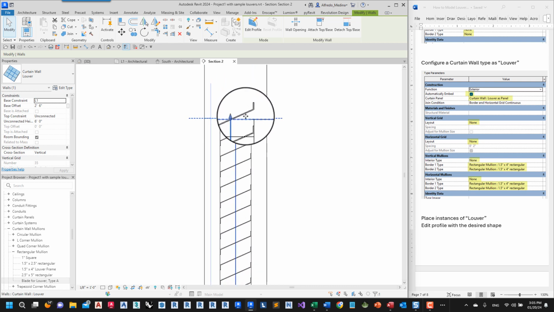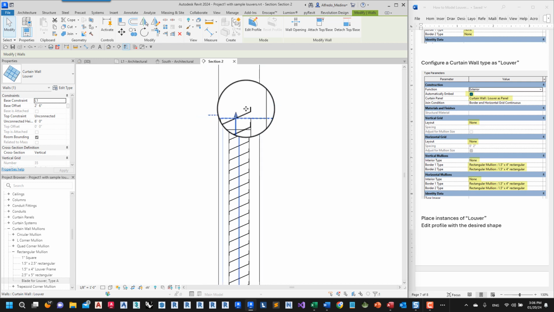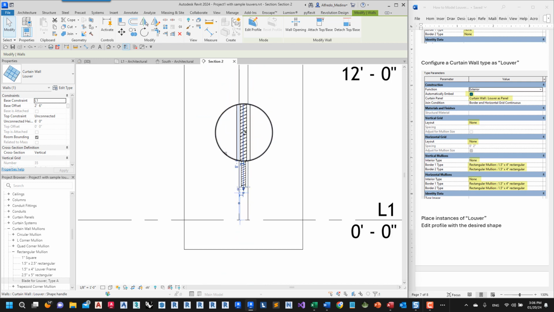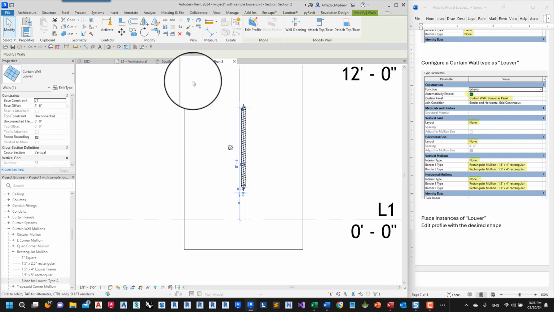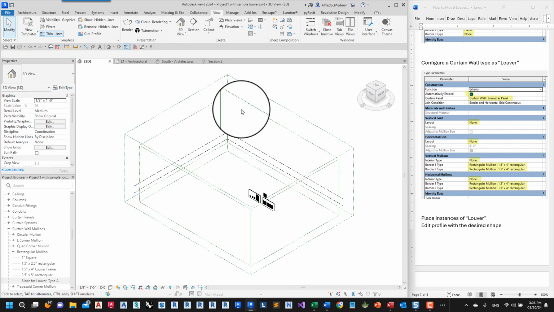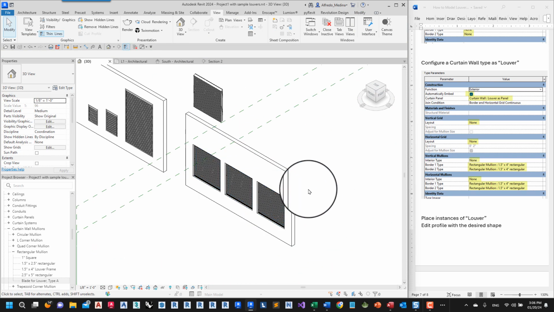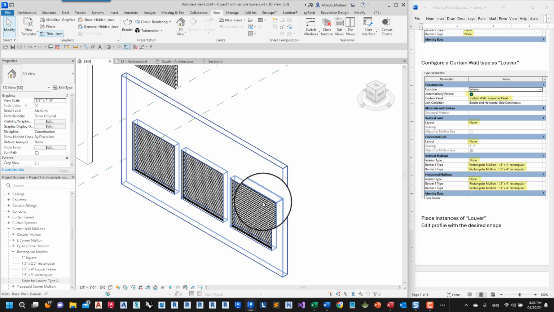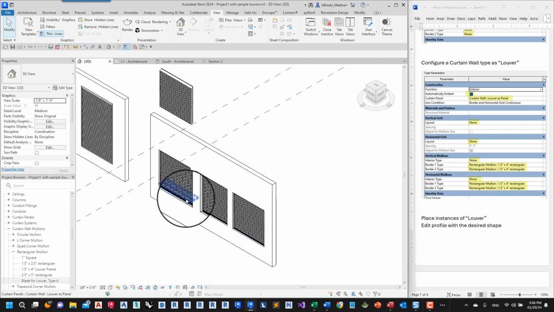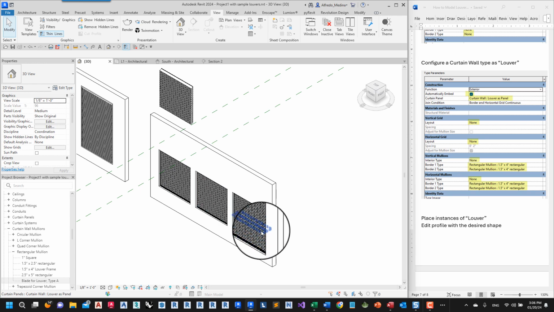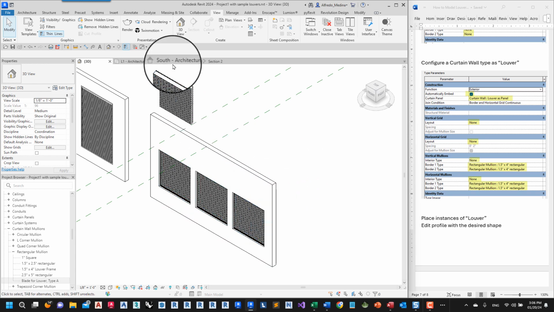If you see something like this, we can simply delete that last mullion. That's not a problem. So if we go to a 3D view, this is what we have. These three curtain walls as louvers are already embedded in the masonry.